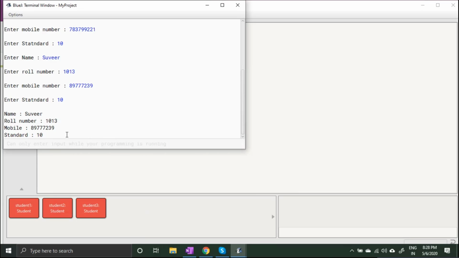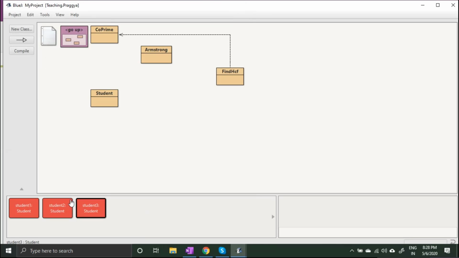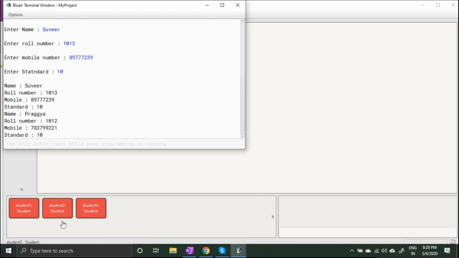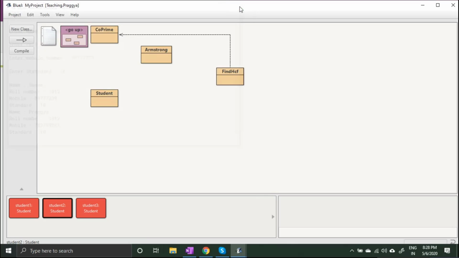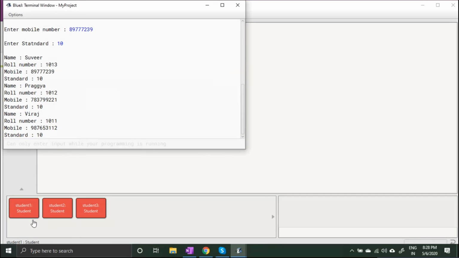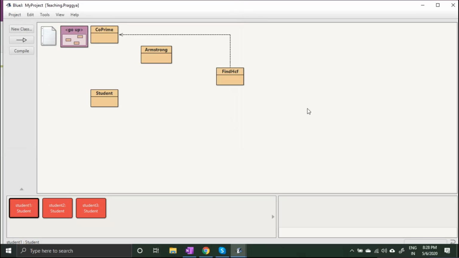Similarly, if you call the print method from each of the objects, you will find that all the objects are printing the information. So the information stored in the object is printed over here. This is how the objects get associated with the methods.